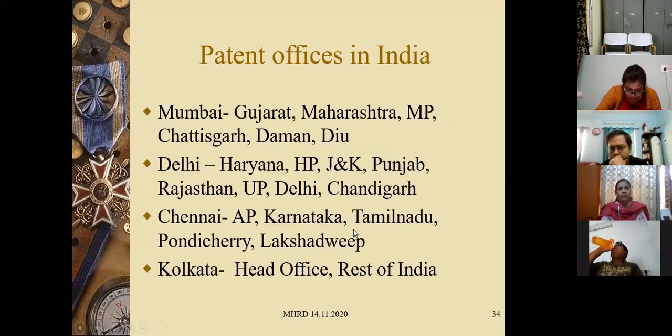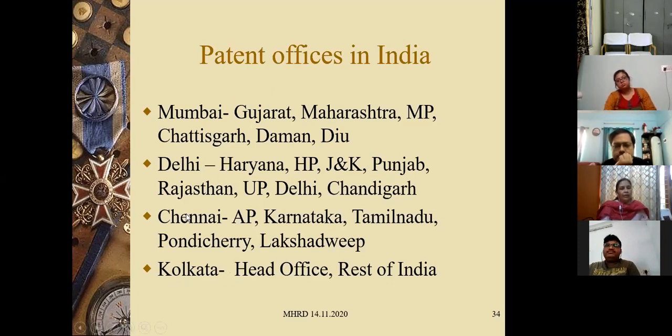Then other patent offices. You should know where the government patent offices in India are. We have them in 4 jurisdictions: Kolkata, where the head office is, Mumbai, Delhi, and Chennai. The jurisdiction area for the Mumbai office is Gujarat, Maharashtra, Madhya Pradesh, Chhattisgarh, and the Union Territories Daman and Diu. So people from this area should file. The Mumbai office takes care of the patents, copyrights or trademarks filed from